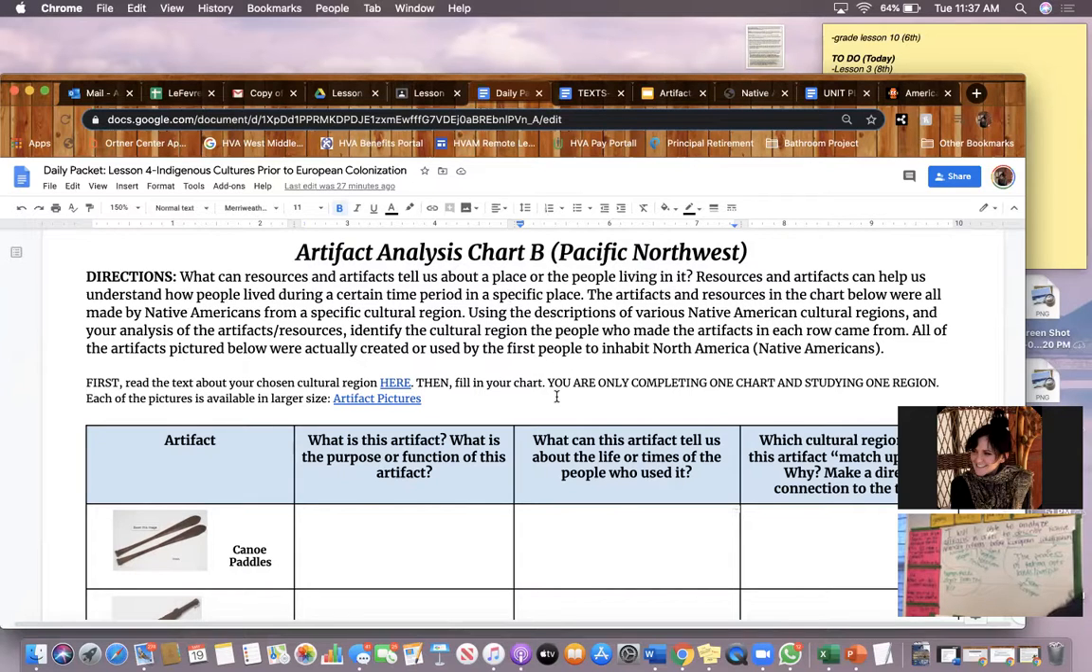So tomorrow in live class, we will continue to work on the chart that you used today. However, if you did complete an entire chart, you do have the opportunity to do an additional chart and receive a 15 out of 10 on this assignment. So before you begin filling in your chart, you're going to need to read the text